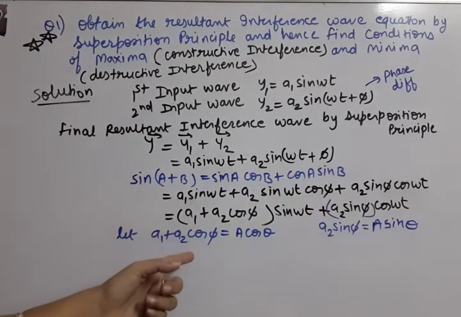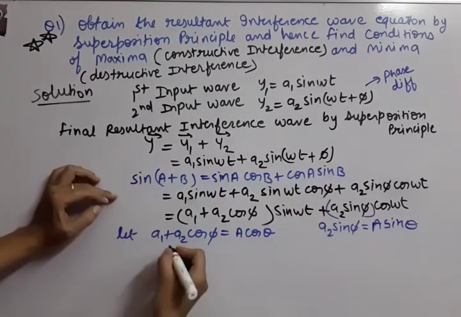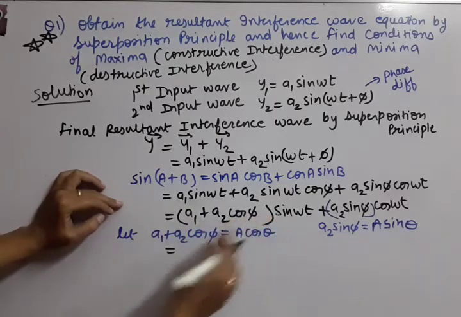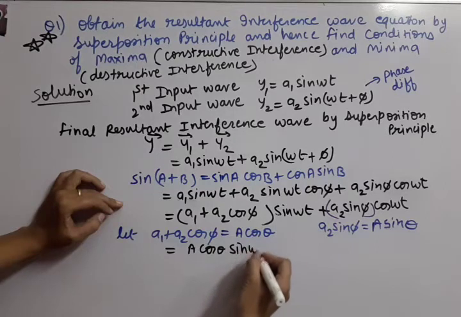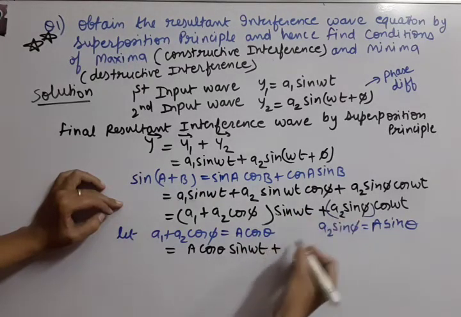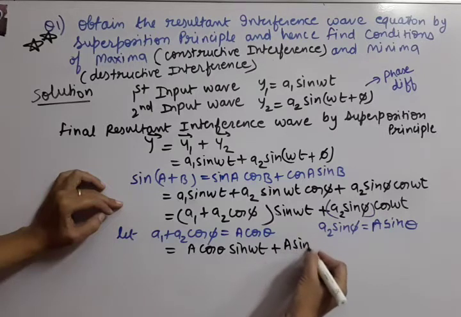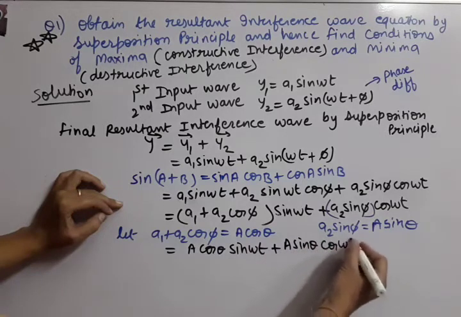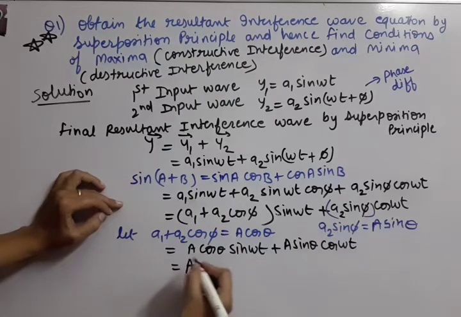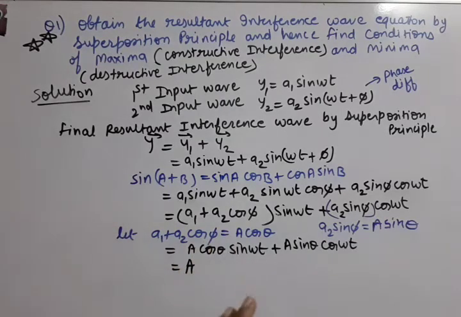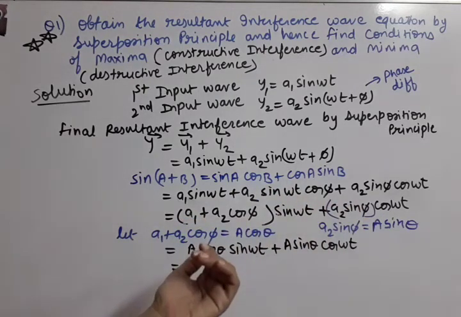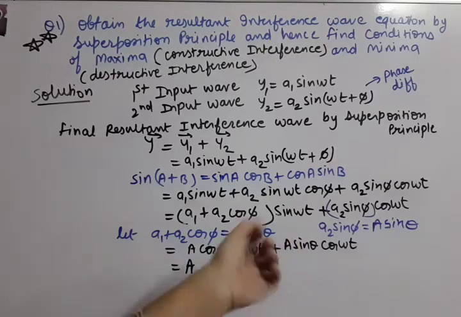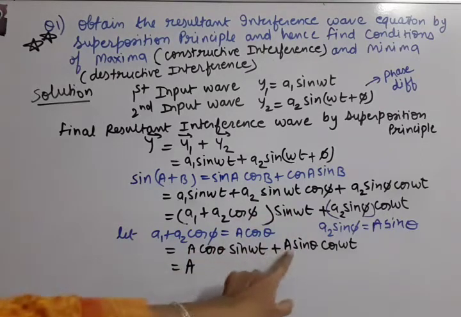We will apply now in our main equation. So here in this equation we will apply a1 plus a2 cos phi, we have to write a cos theta. Sin omega t is already there. a2 sin phi, we have to assume a sin theta. Cos omega t is already there. Now a is common. So you must have understood why we have taken capital A on both the sides, so that in this and this equation, something can come common and the remaining terms can be merged together. So a is common in both.